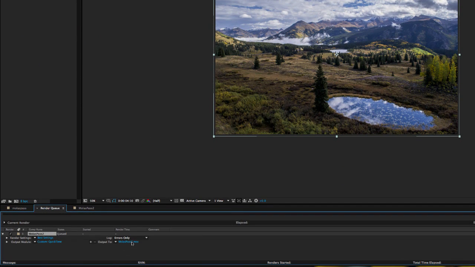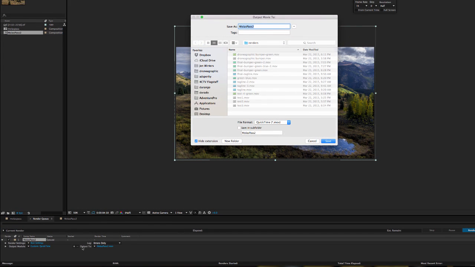And then the next thing to do is make sure it's ending up in the right place. So click on Output To and click on the name of the file, and that's going to let you select where you want it to go. So what we want to do is find this project,